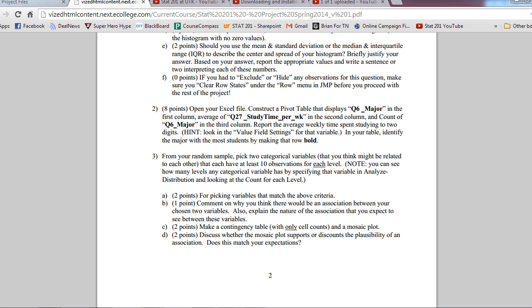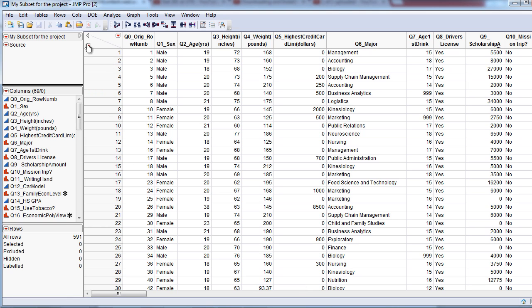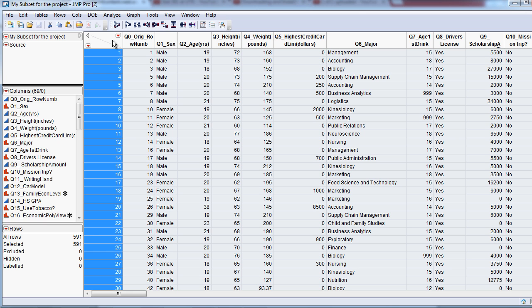Now we will be using Excel for this one. So open your Excel file. Let's go ahead and create an Excel file. To do that, we're going to go in here to our subset and we are going to select everything. Now there's a few ways of selecting everything. We're going to use Control A. So you can use Control A or Command A, and now we're going to go Edit, Copy with Column Names,